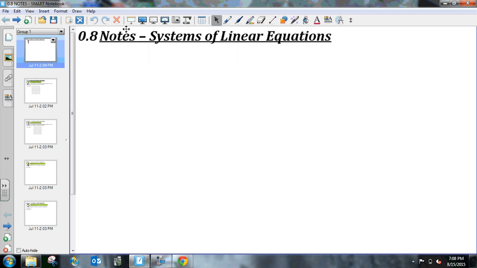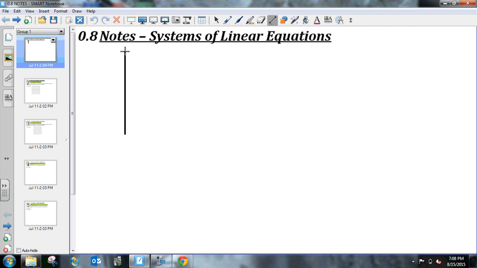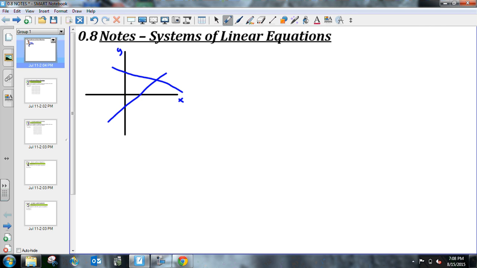Okay, the following is a video over 0.8 notes, which are systems of linear equations. I want to talk about what exactly a system of equations is. And what I'm going to have to do is draw a little graph here real quick. I'm going to call this the x-axis and this the y-axis. And let's say that I have two lines, just two arbitrary lines. Well, the point at which these two lines meet is called the solution